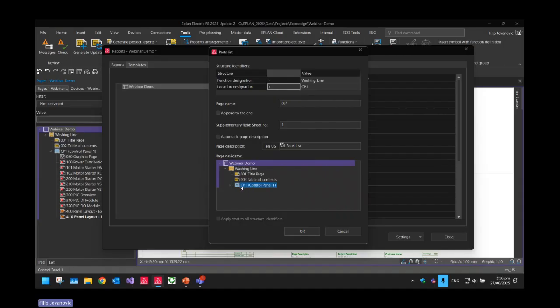And I've decided I want my reports to be in a separate location designation, not CP1. So I just need to change it with the 3 dots, something like this. And I'm going to have it start at page 10, and it's going to increment. Each different report is going to be incremented by 10, just so we have some space, so nothing's overlapping. And I can change this to MCC parts list. If I go OK,